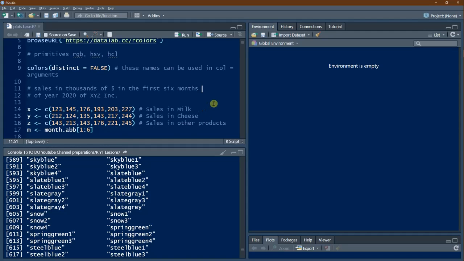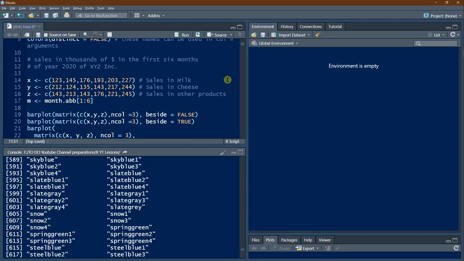Now we will move on. In this session, we are going to discuss the various high level functions for graphics. At the same time, we will use colors also. Therefore, the discussion will be on both the topics.